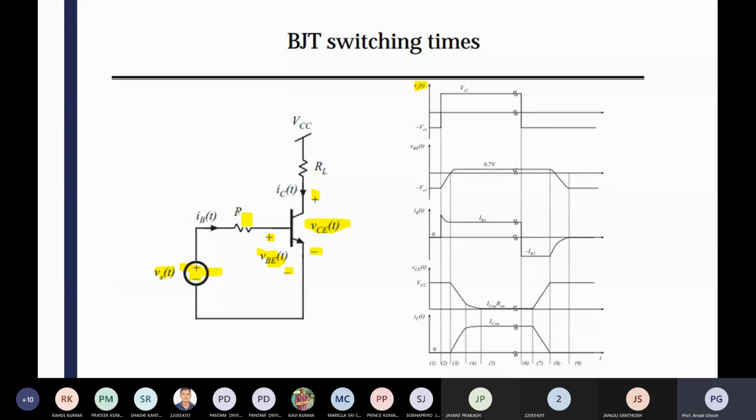So here you can see RB is your base resistance, RL is your collector resistance connected in between. VCC means collector source, so it is your bias voltage, appearing between collector and emitter. Okay, so it's a bias voltage. So here you can see different waveforms of VB. Suddenly that state change is not possible, so it will take some time to go from the zero state to some value.